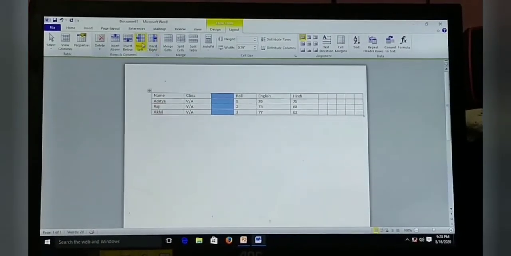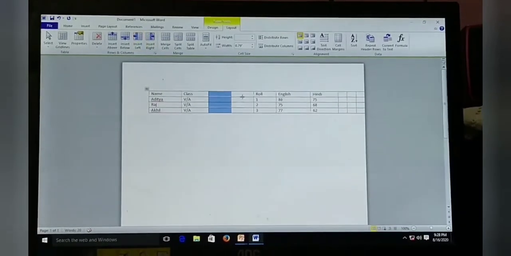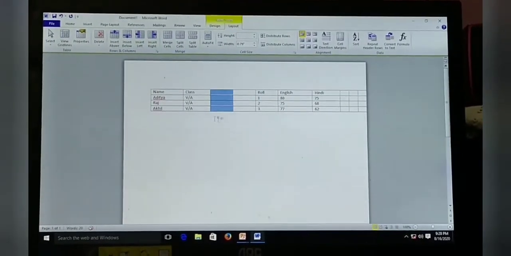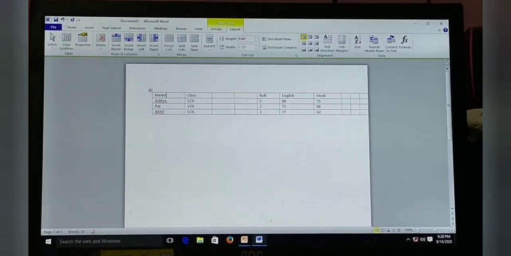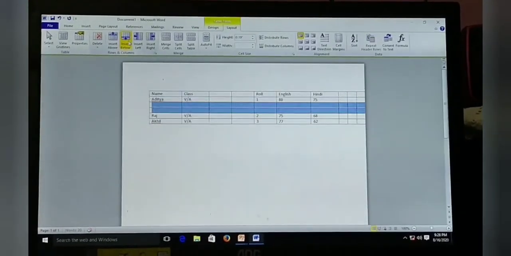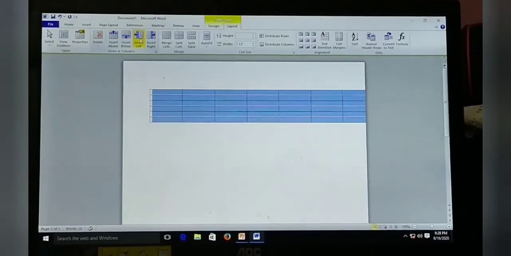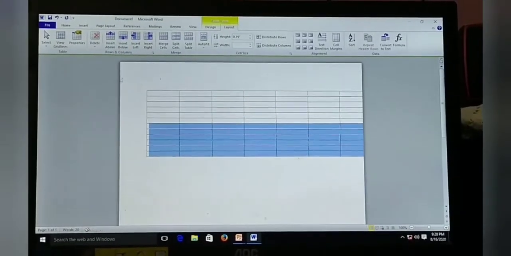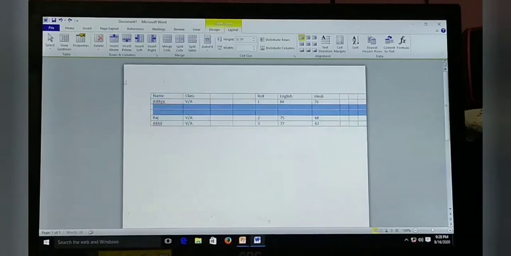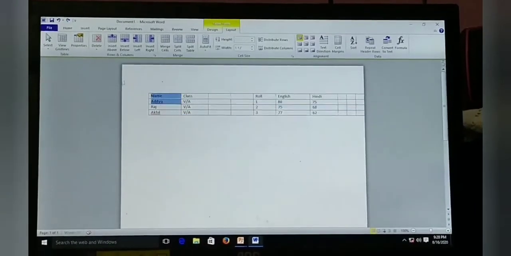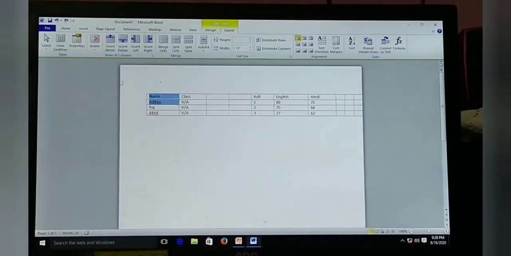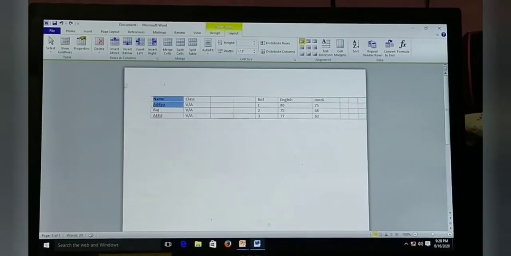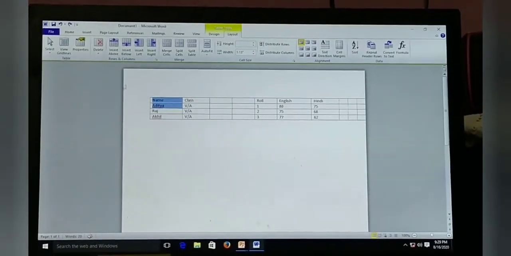And if you choose Insert Left, see, again one more column has come. See, there are so many rows and columns created over here. So now you have seen how you can add a row or column in a table.